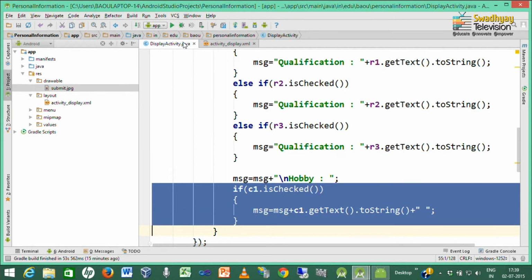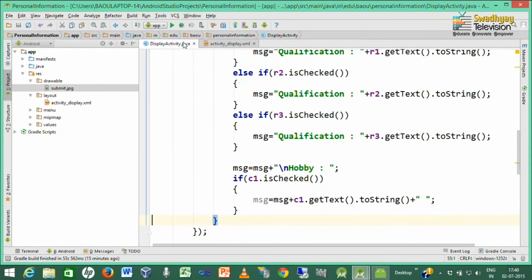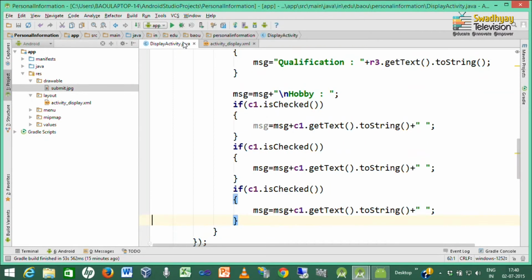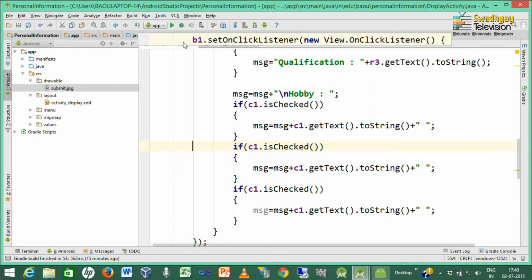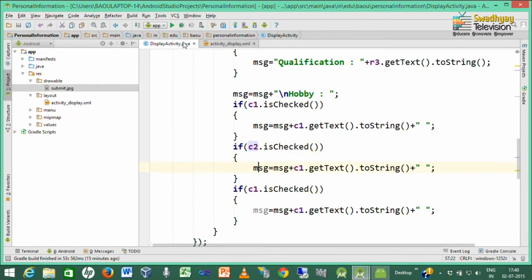Now, we copy the same code for C2 and C3, but remember here we are not using else if, because we have to check every condition. If we are using if else, then if the first if is correct, the second if will not be evaluated, but in this case we have to check for C1, C2 and C3 individually. So, whatever hobbies are selected will be appended in message separated by space.